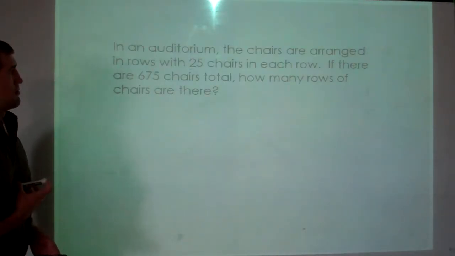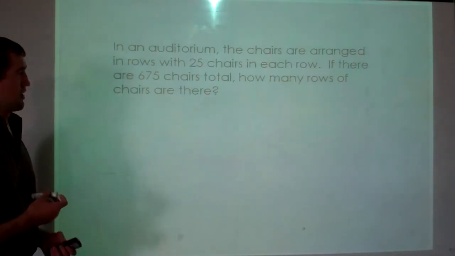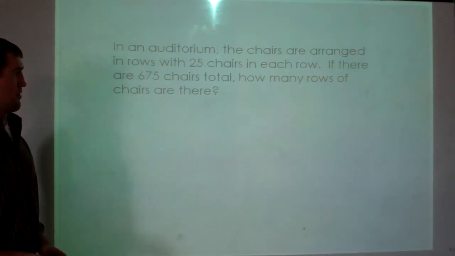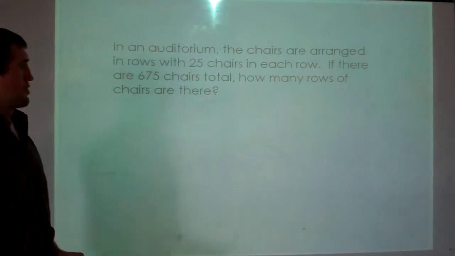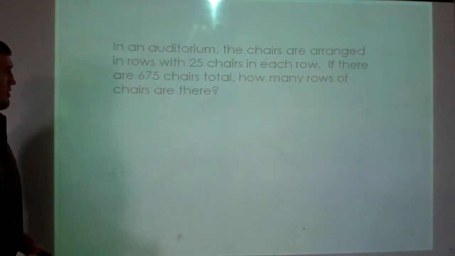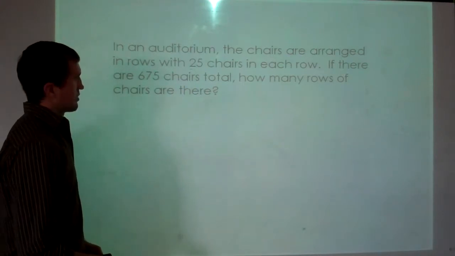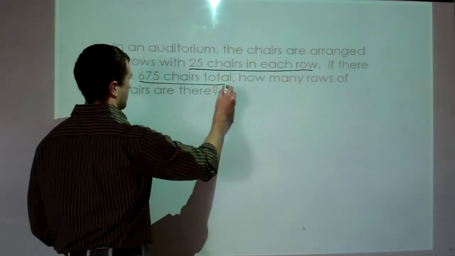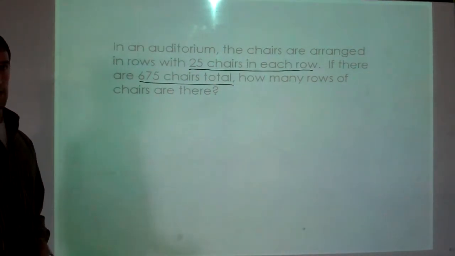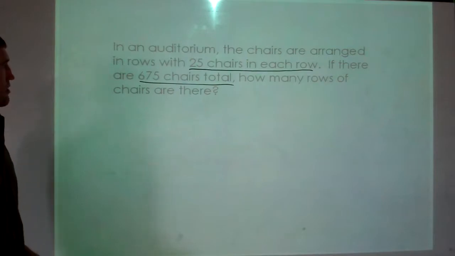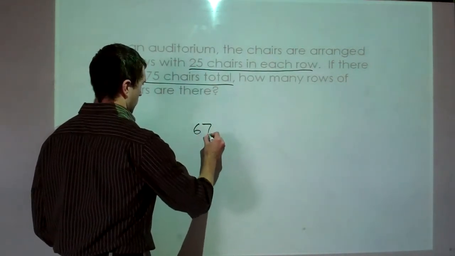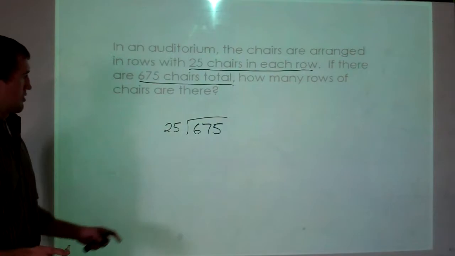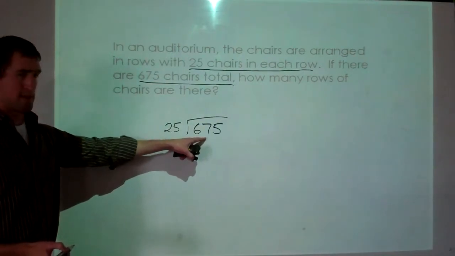It says, in an auditorium, the chairs are arranged in rows with 25 chairs in each row. If there are 675 total, how many rows of chairs are there? Alright, this is a classic division problem. We've got 675 chairs total and 25 in each row. Now we want to figure out how many rows we can get within that 675 chairs. So, in order to figure that out,